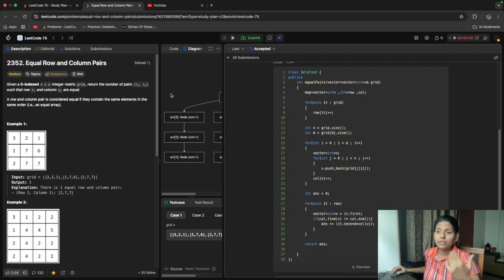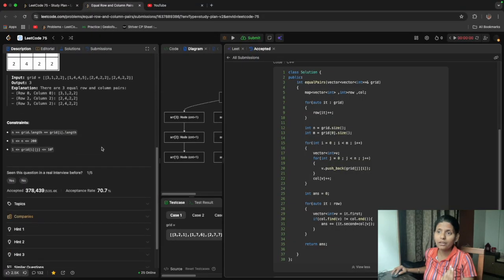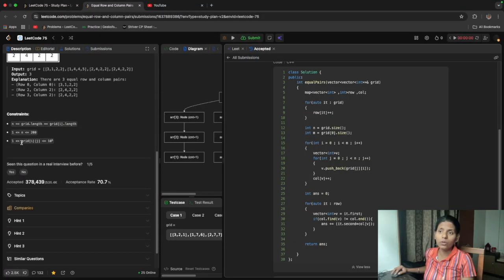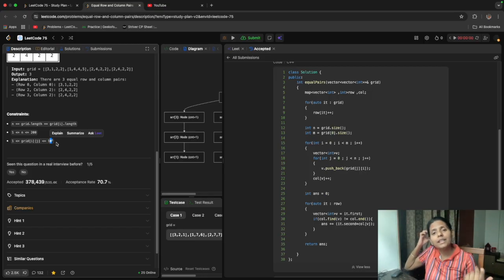Here, what they have told us is that grid[i][j] can go up to 10 raised to 5. So my first element can be anywhere from 1 up to 10 raised to 5. Whatever it is, if it is present, then go to that node and mark it present.